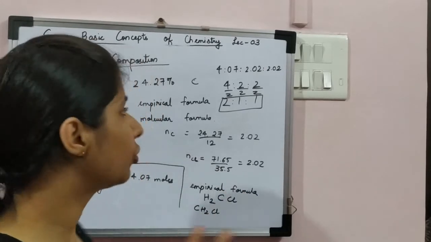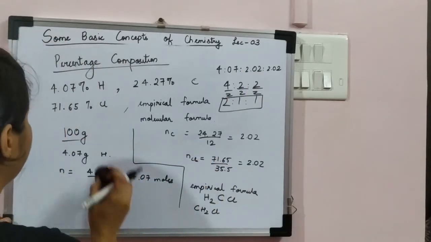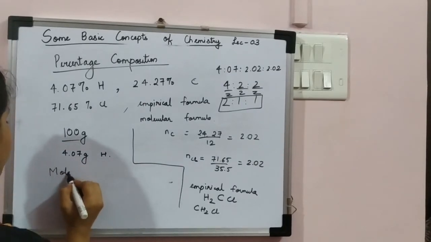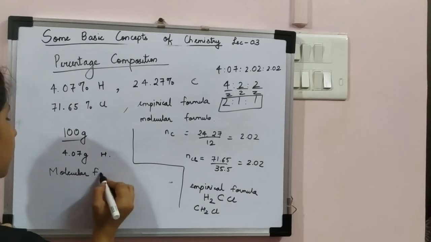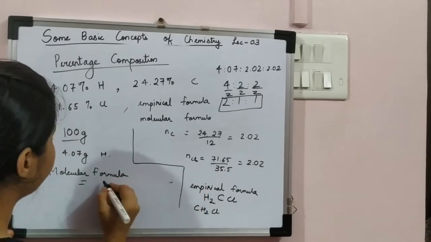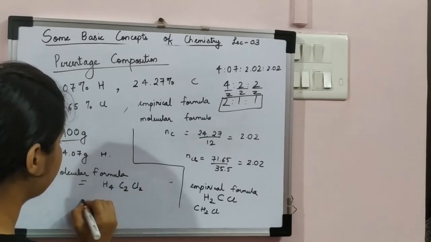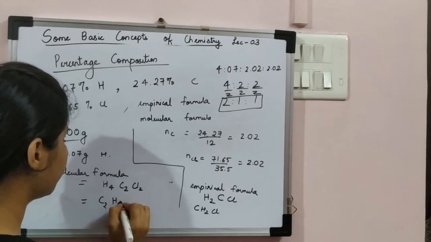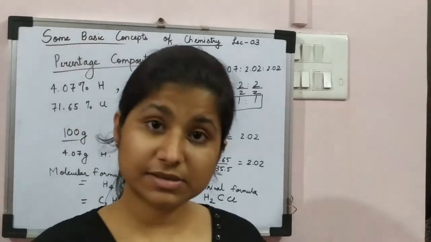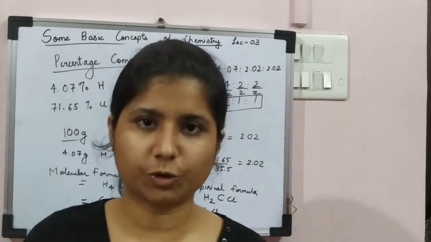And the molecular formula is what? The molecular formula is the actual ratio that we calculate, when we do not divide by the simple numerical ratio. Without considering the smallest ratio by which we divided, there are 4 hydrogen, 2 carbon and 2 chlorine. How is this written? C2H4Cl2. Okay, so this is the molecular formula and that is the empirical formula. These are the steps you have to follow, and this is how the pattern of questions would be with respect to percentage composition.